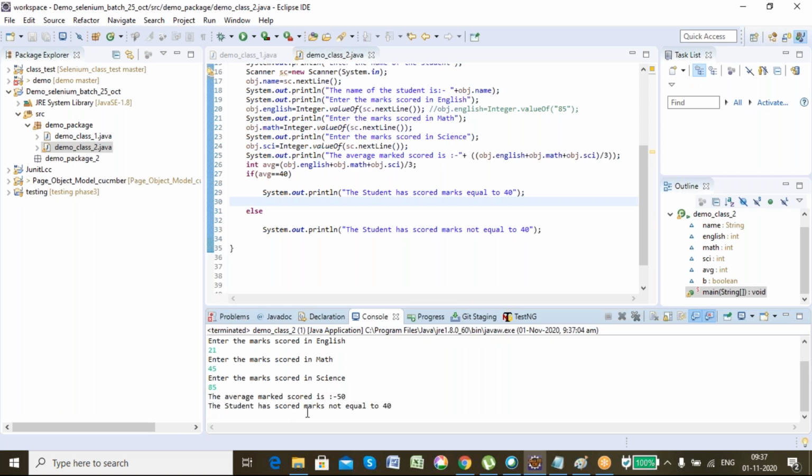See, the student has scored mark not equal to 40 because the average is 50. It came here. So you got it. For a single line of code, you can either use the curly braces or not use them, but for two or more lines of code, you have to mandatorily use curly braces.